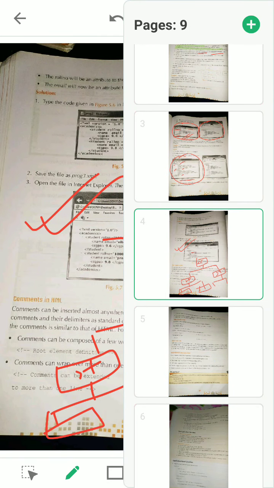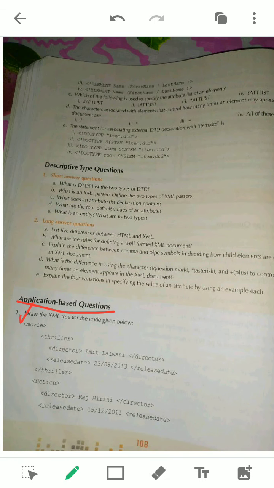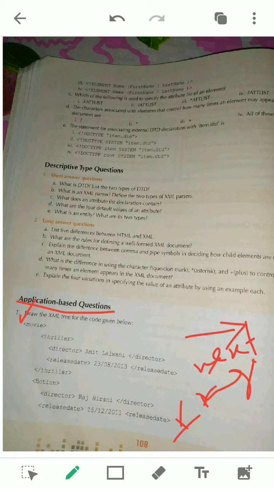Okay, next you see, you have homework to do on the XML tree. Here, page number, application based question, question number 1. The next part is on the next page in your book. I have not included the next page here. You have to see the rest of the questions on the next page. Here you have to find what the root elements are, and this is your homework. You have to do it on your paper, click the photo and send it to me personally. At the top of the page, write just your name.